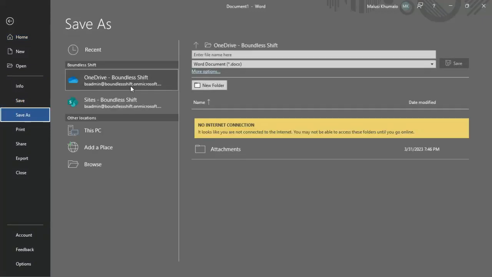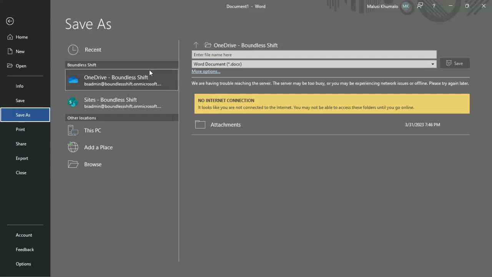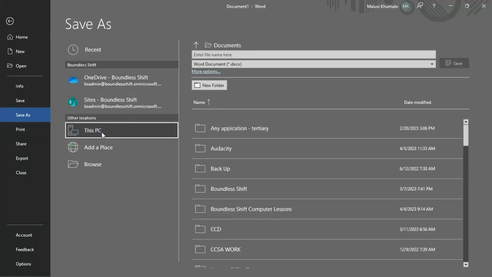Now once I'm here, preferably if you don't want to save it on the cloud, it is up to you. You can either leave it on the cloud or on your OneDrive or locally on your computer. So in this instance, I'll click This PC. Once I'm here, I'll provide my file name. Where it says documents, enter file name, I click